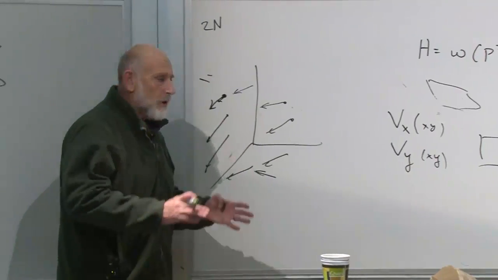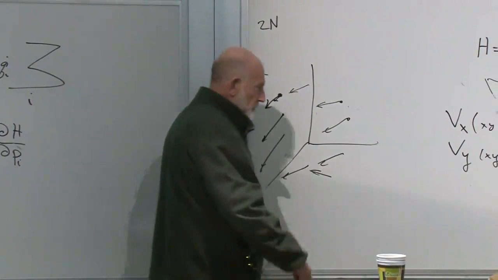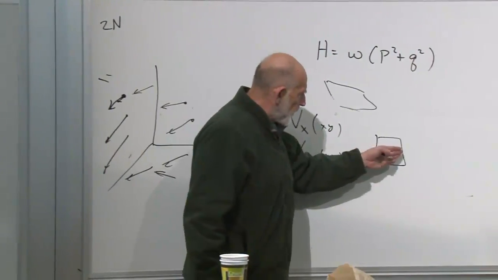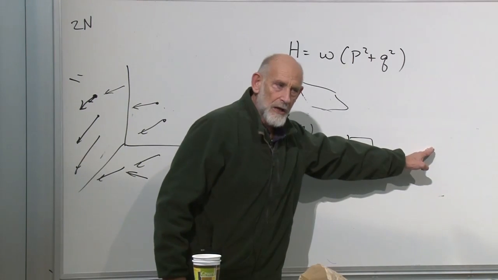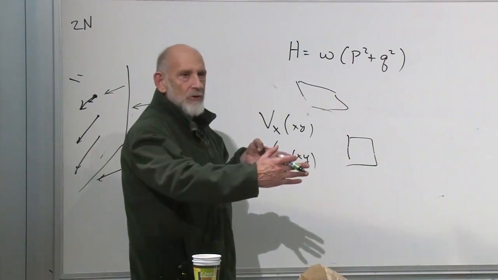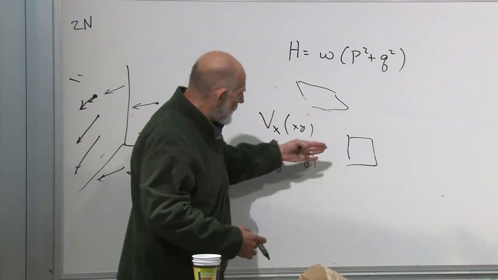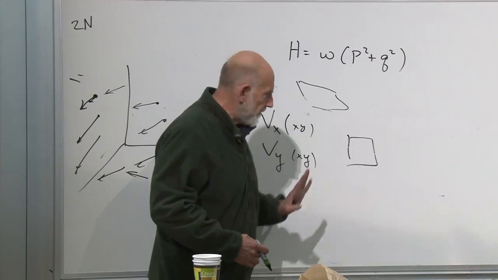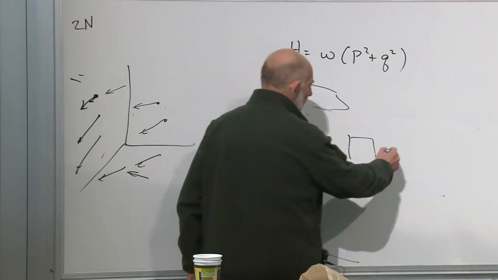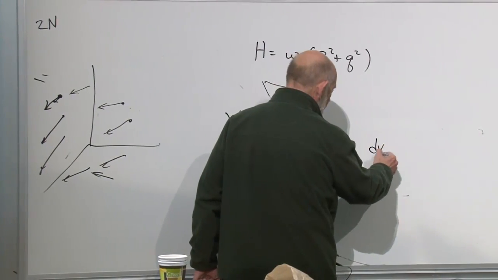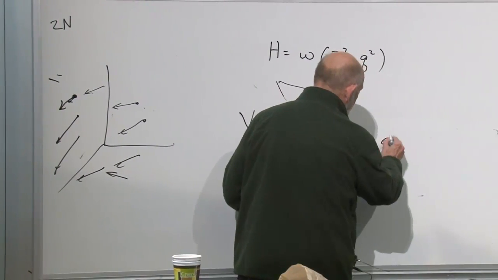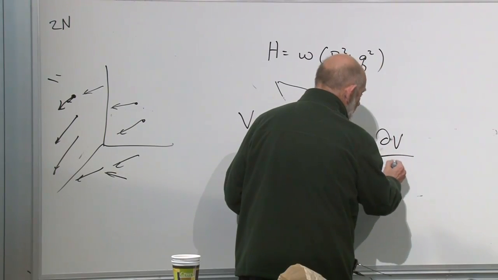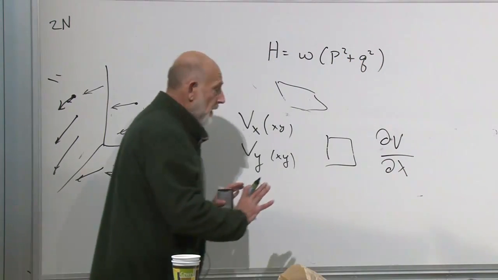So first of all, let's go back to what we said before for the 1-dimensional case. If the fluid velocity is varying across the x-axis here, that's bad. It means it's either compressing, more fluid is coming in one side than going out the other. So we said that dv by dx better be 0. But it's pretty clear that dv by dx, let's write the partial derivative since we're now in multiple dimensions.